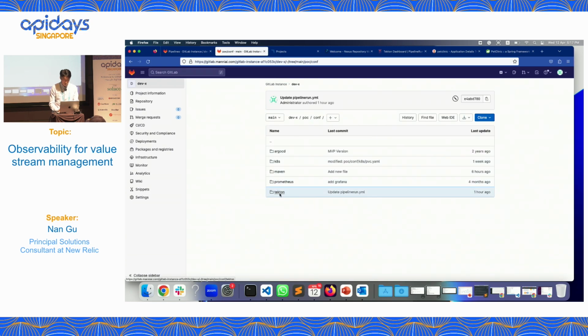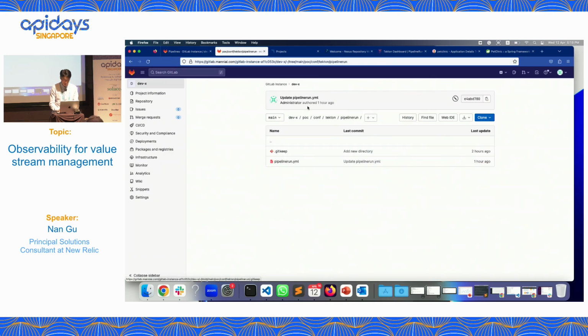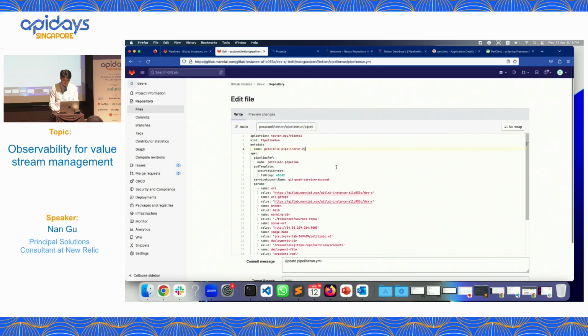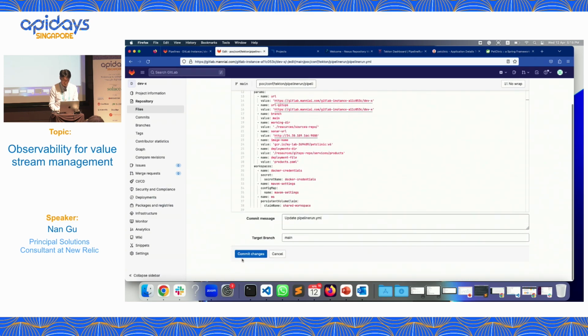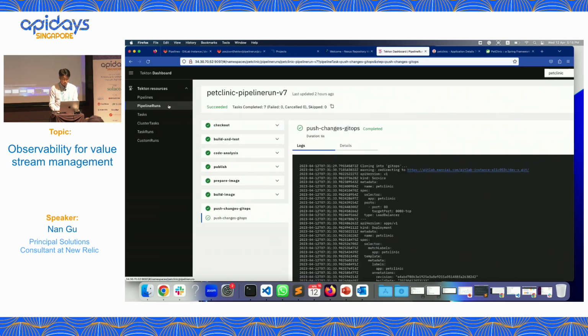Here we have it with Tekton. I want Tekton to run version 8. Once I commit my code, let's go back to Tekton here.